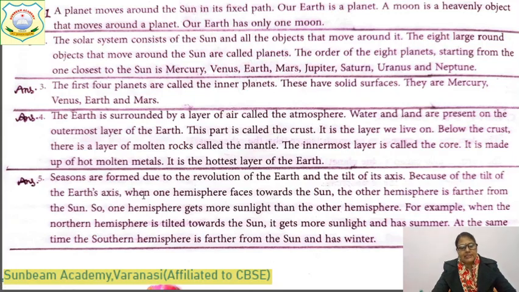Because of the tilt of the earth's axis, when one hemisphere faces toward the sun, जब एक हेमिस्फेयर सन की तरफ झुका होता है, the other hemisphere is farther from the sun, तो सेम टाइम में दूसरा हेमिस्फेयर सन से दूर चला जाता है। So one hemisphere gets more sunlight than the other hemisphere. For example, when the northern hemisphere is tilted toward the sun, it gets more sunlight and has summer. At the same time, the southern hemisphere is farther from the sun, और वहां पे winter होता है।